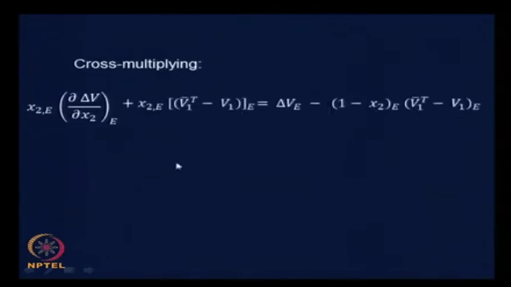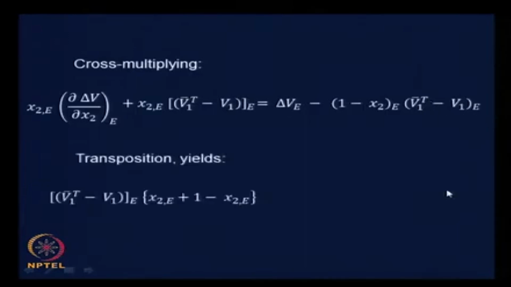If you do the algebra, you would get this as the first step, multiply, cross multiply by x2 E into dou x2 of delta V at E plus x2 E into V1 T hash minus V1 at E equals delta VE minus 1 minus x2 at E V1 T hash minus V1 at E, and transposition getting